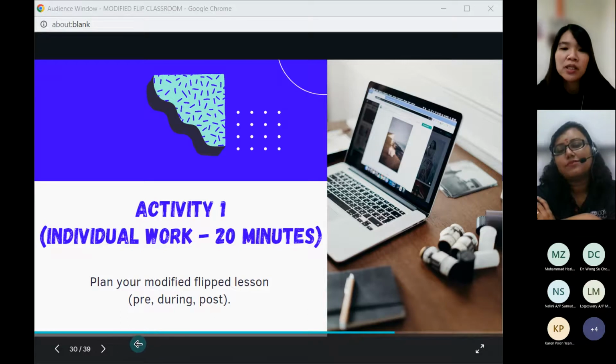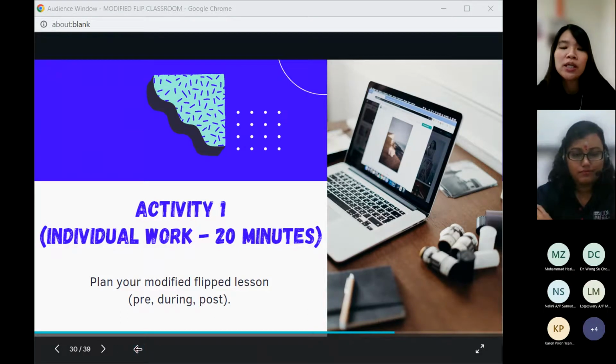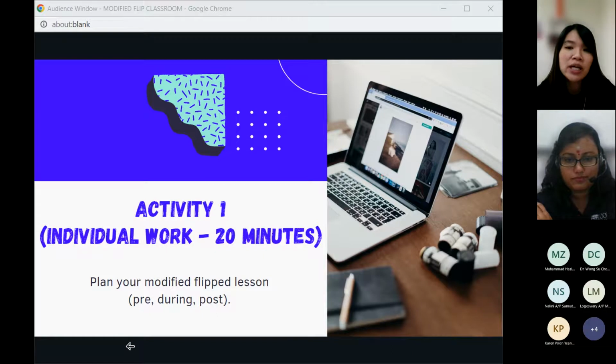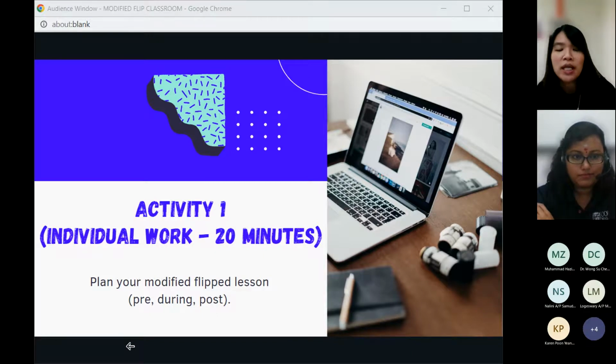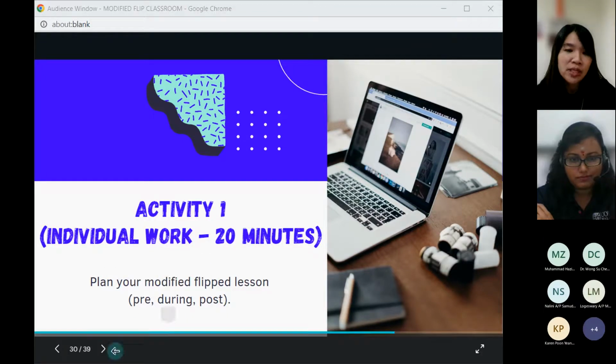In that template, it has a table that you need to fill in: what are the pre-class activities that you want to do for that particular topic, and then during the class, what are you going to do, then after the class, what do you intend to do as well? So you fill in that template.